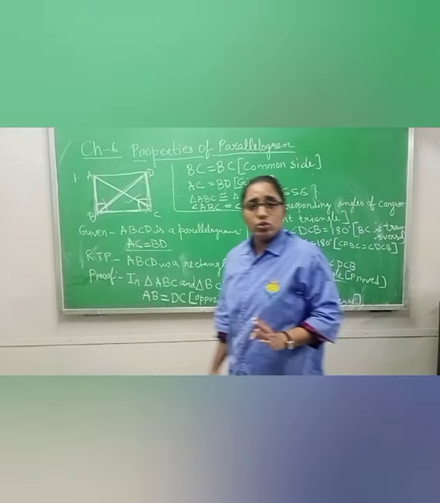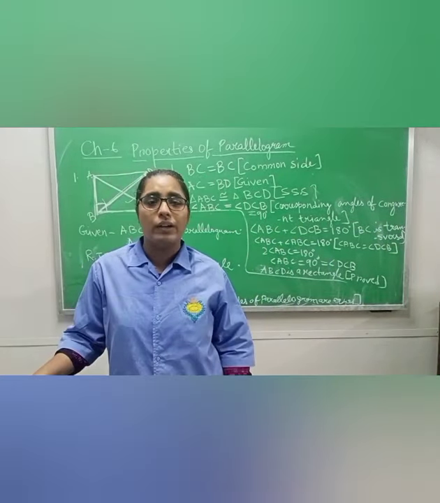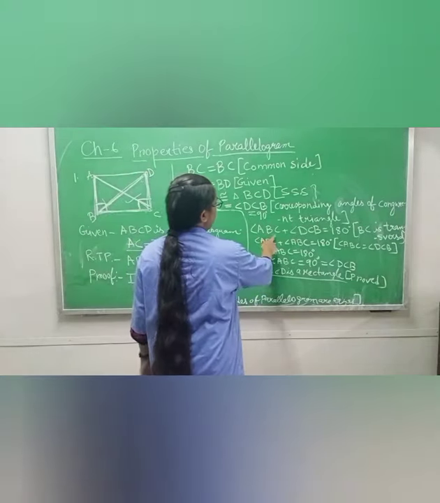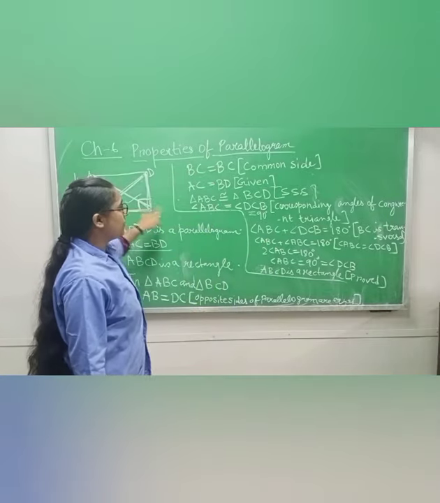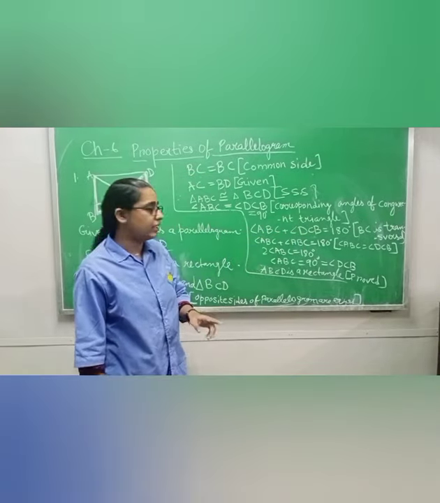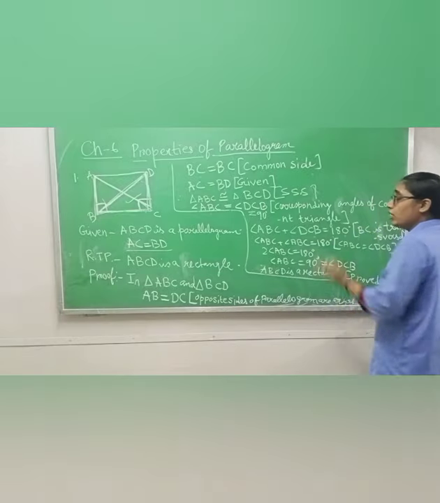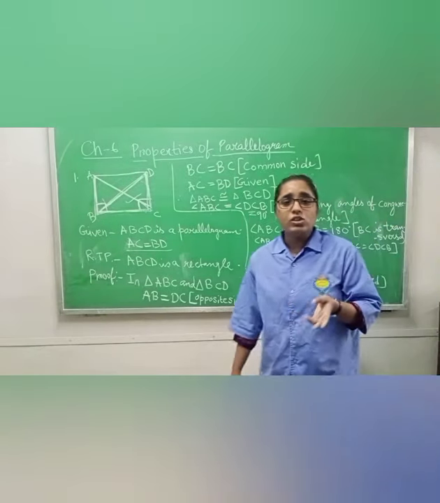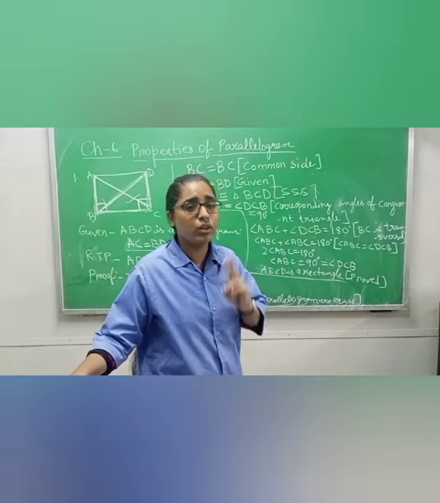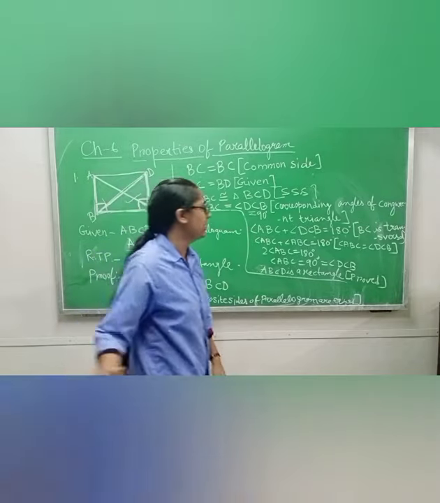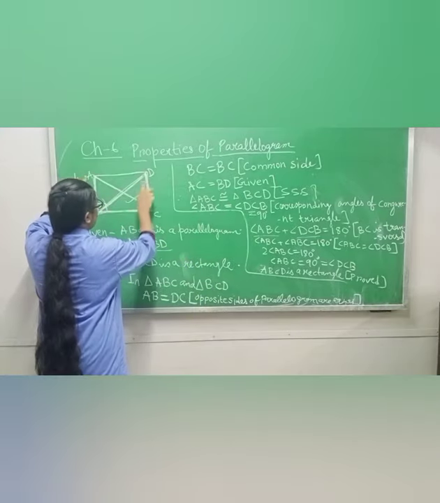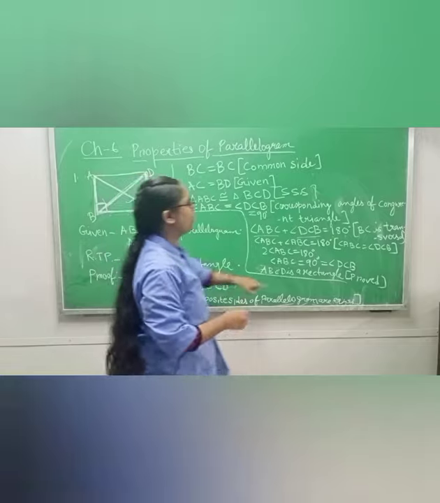Now you know in a parallelogram adjacent angles sum to 180 degrees. You have done this one in one of the theorems. Okay. So what I have done: angle ABC plus angle DCB. We know that this one is 90 degrees and this one is 90 degrees. Both angles are 90 degrees. That is why I have written 180 degrees here. Or you can say that the sum of adjacent angles of a parallelogram, meaning the addition of two adjacent angles, will give you 180 degrees. That is why I have written ABC plus DCB. This angle plus this angle will give you 180 degrees.